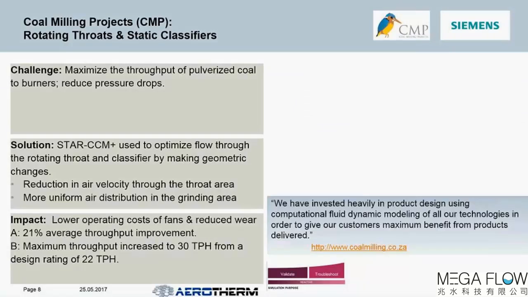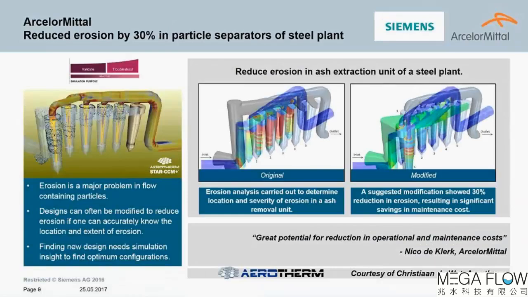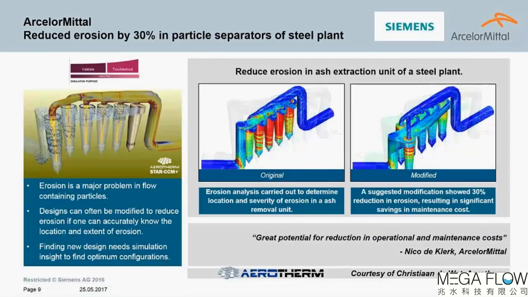In one case, 21% average throughput improvement. In another case, maximum throughput increased from 22 to 30 tons per hour. So this is a classic example where simulation was used to validate a new design or troubleshoot an existing problem to improve it. A second example comes here, which is for a series of cyclone separators in a